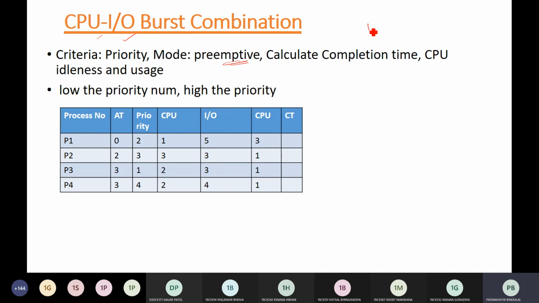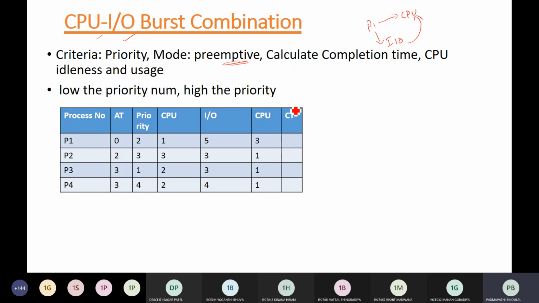That means your process is first executing sometime with the CPU, then it is going back to do some IO operation, and again this process is reverting back to the CPU. So first time with the CPU they execute for some seconds, then they go back to do some IO, again they come back and execute on the CPU.